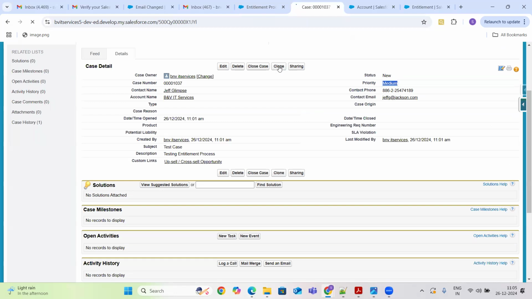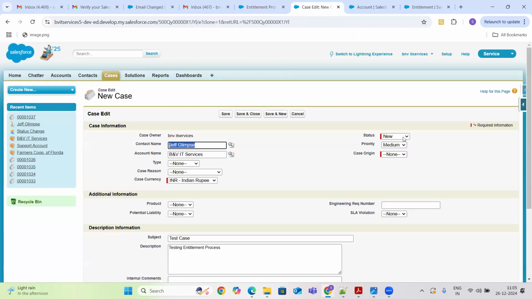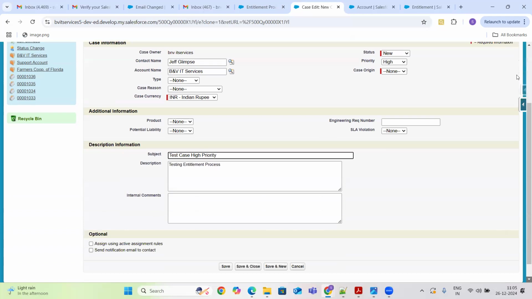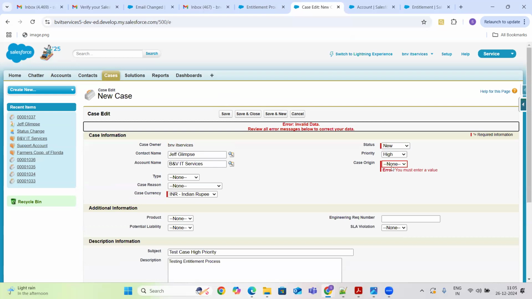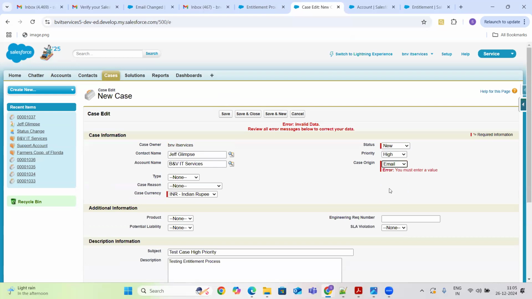Let me clone this one and create the new case of priority high. And it's the test case, high priority. This origin email.